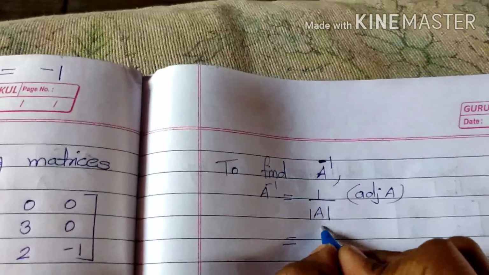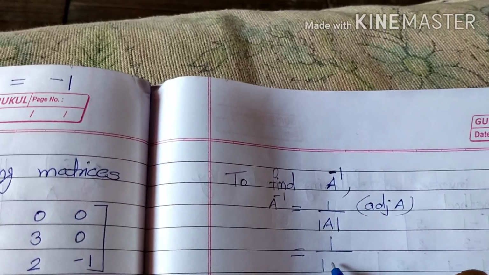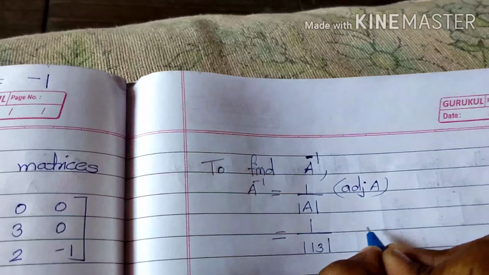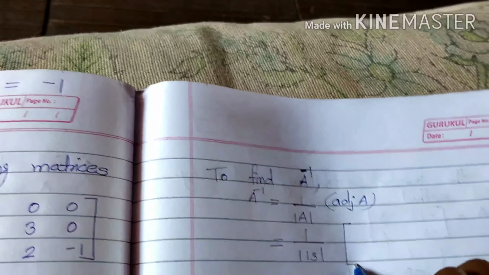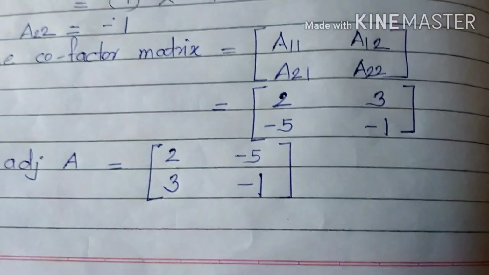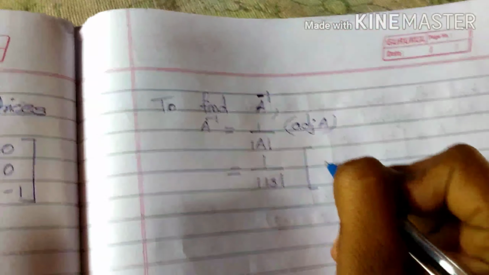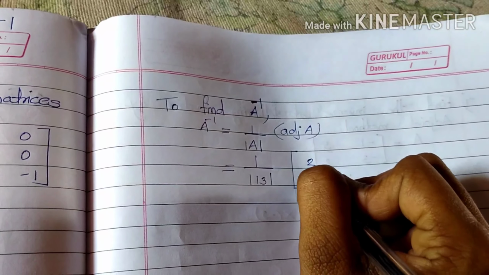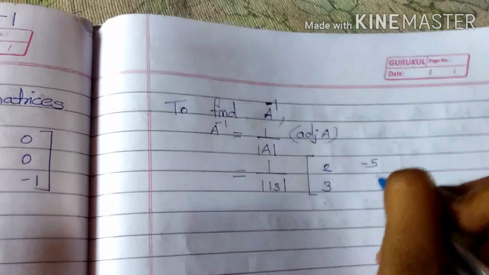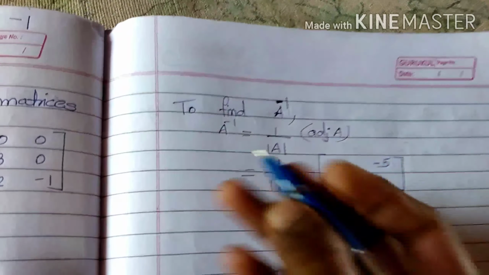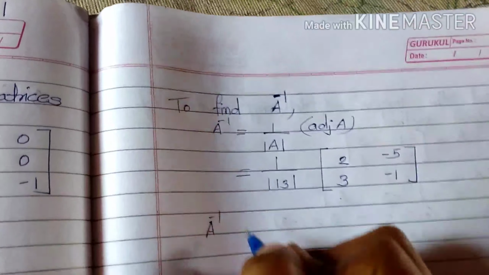So put these values, we get, and adjoint of A is equal to this: 2, -5, 3, -1. So our final answer is